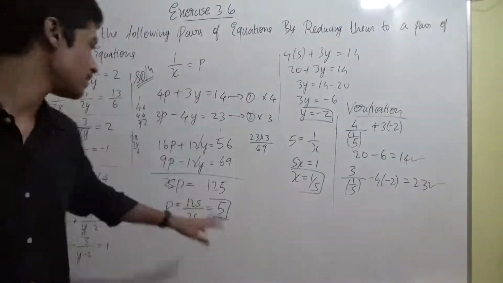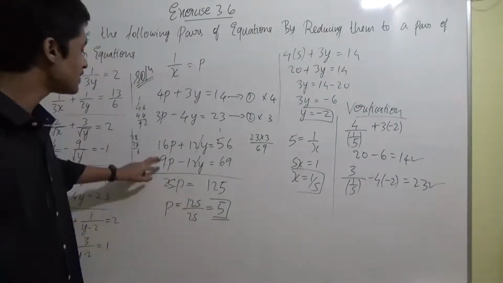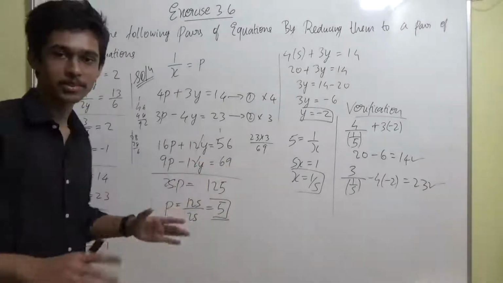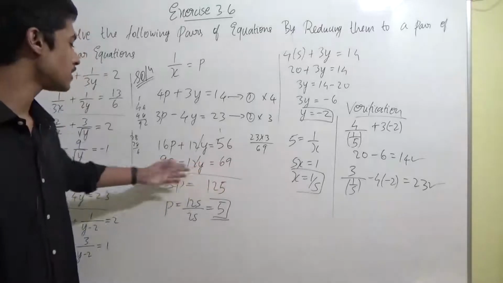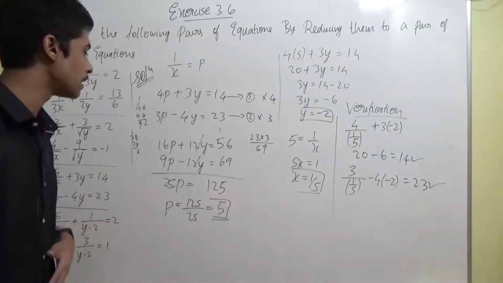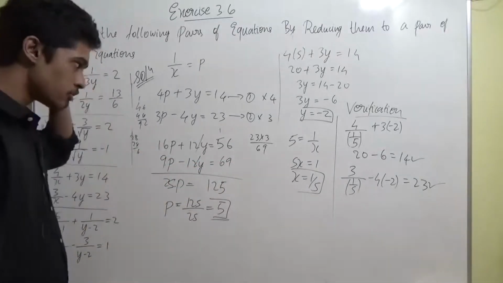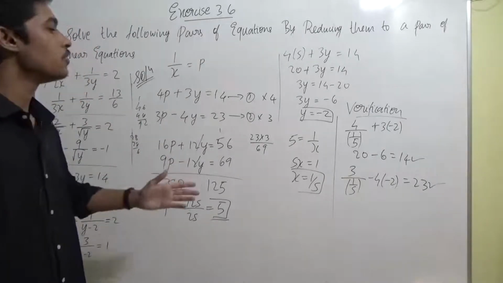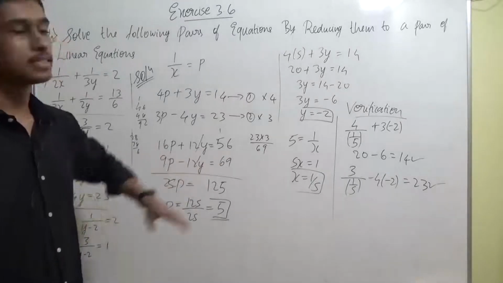So in this step, guys, sorry a lot. In this step I went wrong terribly. I made both mistakes. Only the 12y was correct actually. Even the constant term and also the p term, I made the mistake in multiplication. That was a very silly mistake. I'm sorry for that. I was not concentrating properly. I was thinking something else probably. So forgive me for that, guys. That's it. After that everything else is correct.